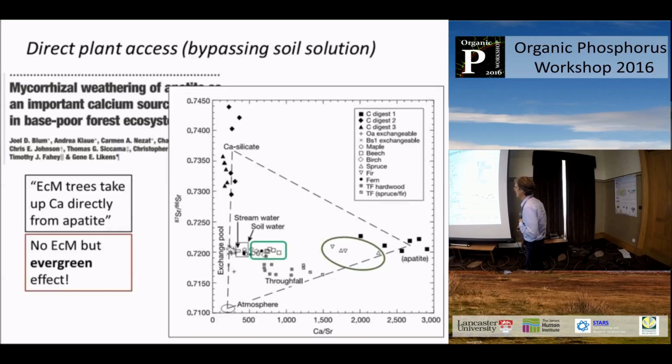So to me, it's not an ectomycorrhizal effect, it is an evergreen effect, and it's a really big risk to work with element ratios because of fractionation. If you have an evergreen tree species with very long-lasting leaves, where you can get accumulation of calcium oxalates in the leaves, and you get leaching out of calcium from there, you can get fractionation, and that's known for